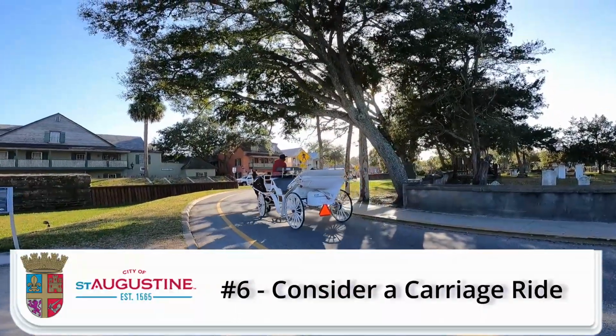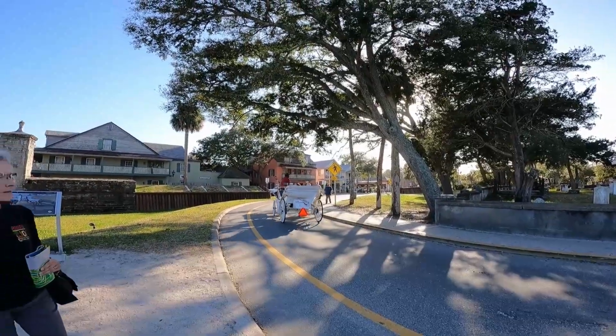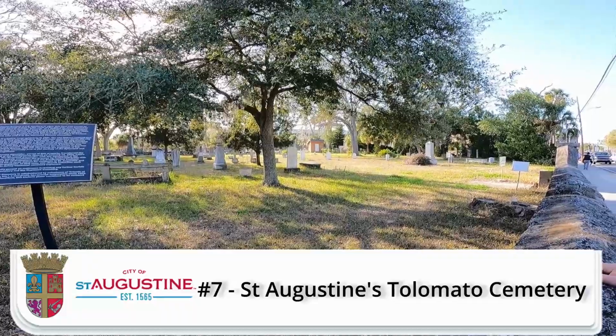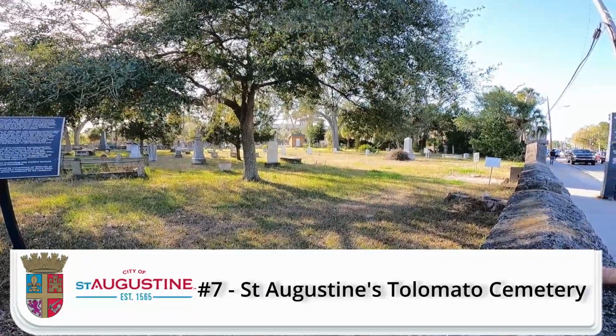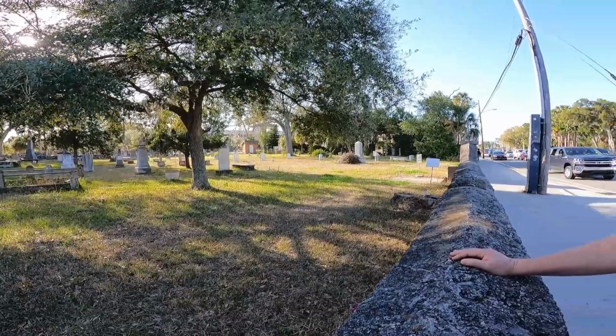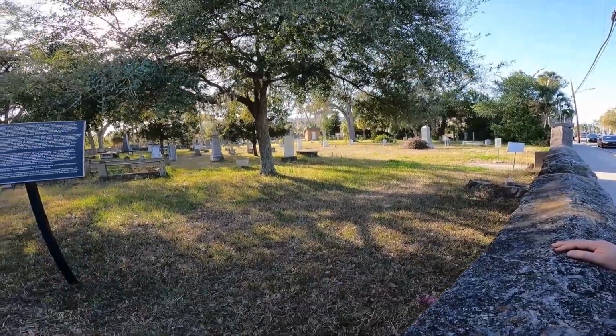You can take a buggy carriage ride. So another thing you can do when you go to St. Augustine is visit the local graveyard. You know we like our graveyards in RV America. Odd thing, but...